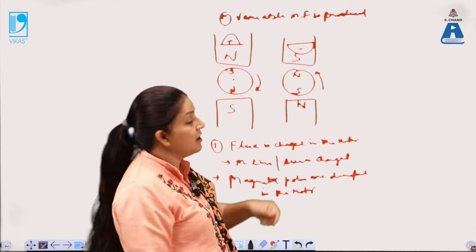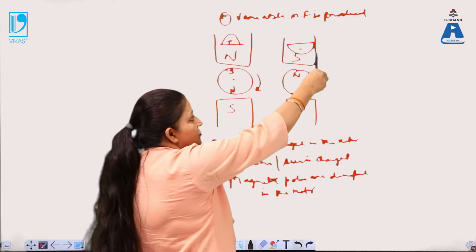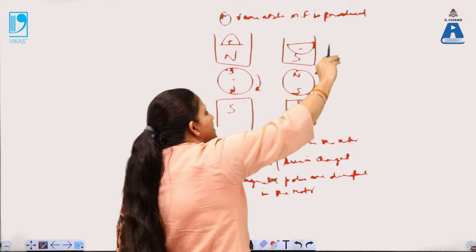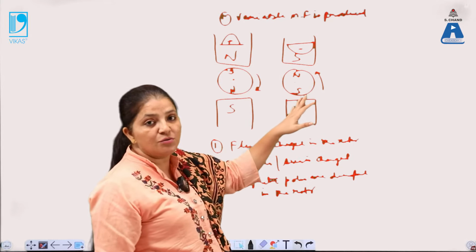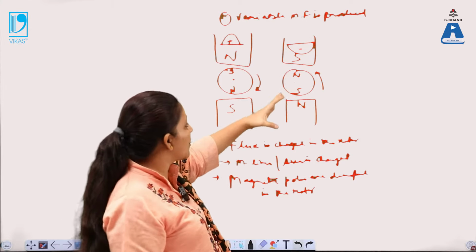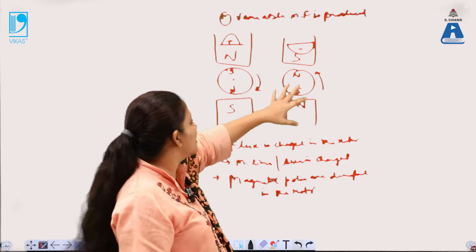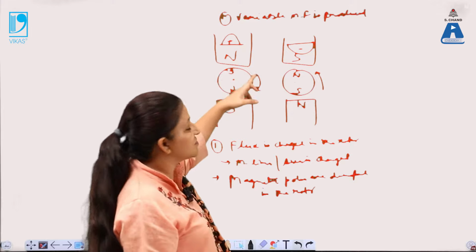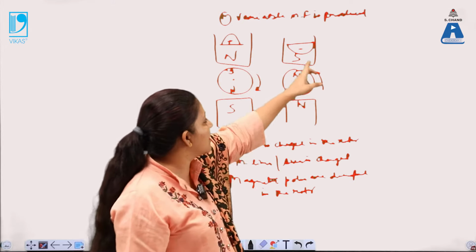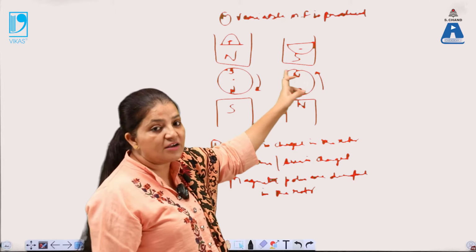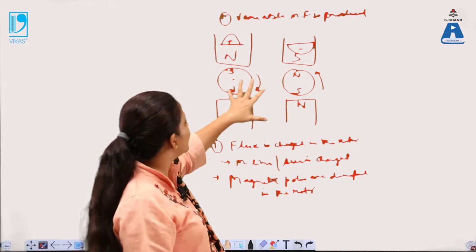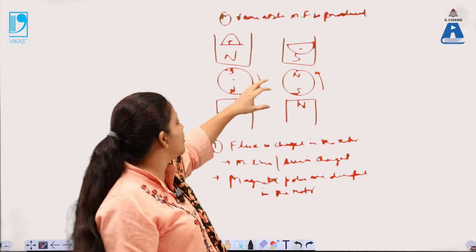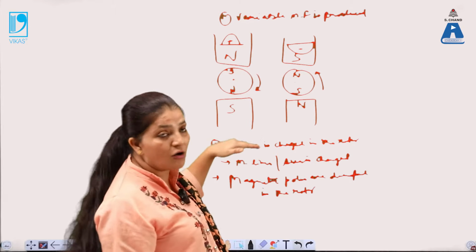Again in the negative half cycle, the lines of force are from north to south, that means they are in the upward direction, but in the rotor the induced EMF is in the opposite direction, because it opposes the cause which produces it. So in both of the cases, if in one case the rotor starts moving in the clockwise direction, in the second case it will start moving in the anti-clockwise direction. So due to this movement in the rotor, the EMF which is induced will introduce a magnetic field in the opposite direction.